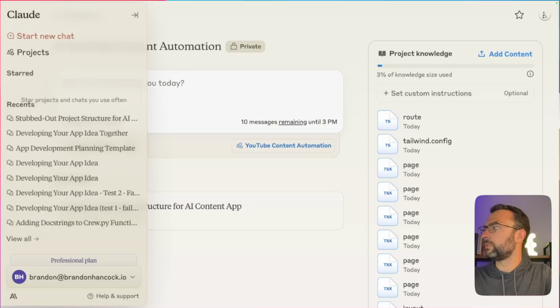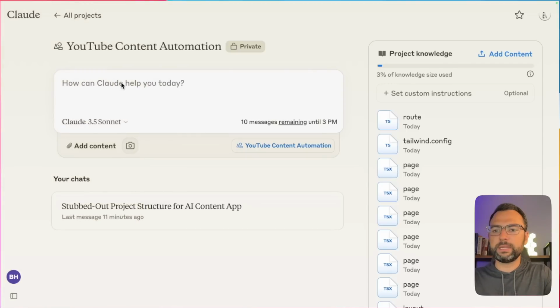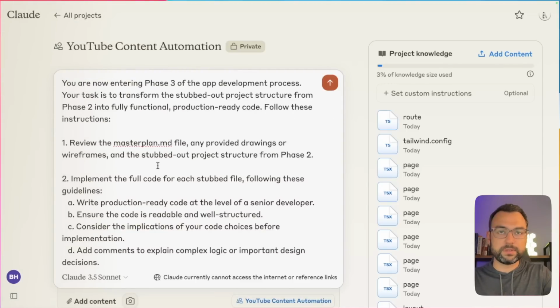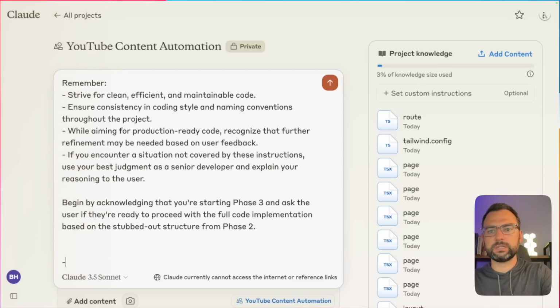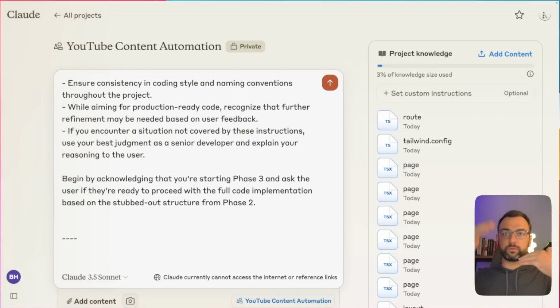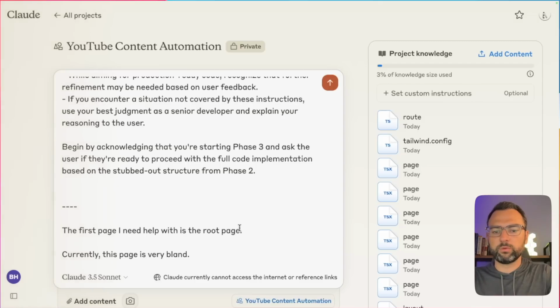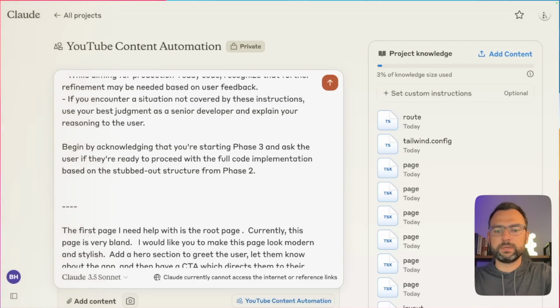I went ahead and typed it out, but we're going to do two things. First, we're going to dump in that template. Once again, this is coming from the template. It's going to provide it instructions for, hey, we're going to start stubbing out an individual file. And then at the end of it, I'm just going to start pasting in what I need help with right now. So the first thing I need is with the root page,